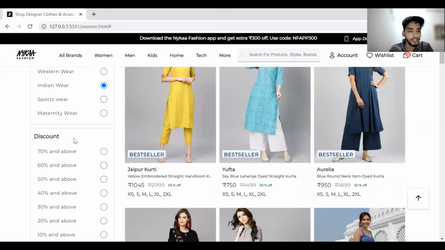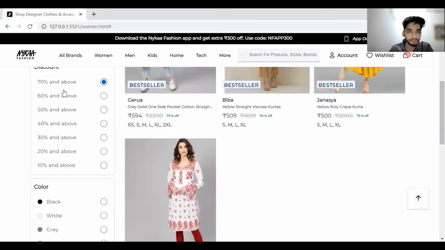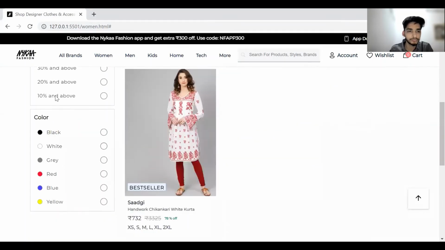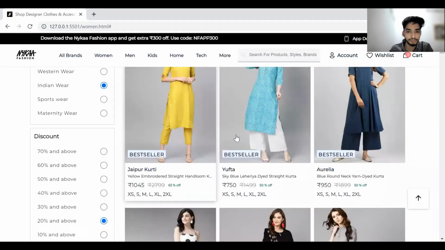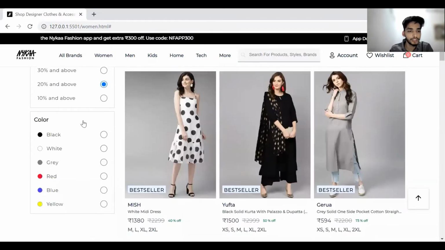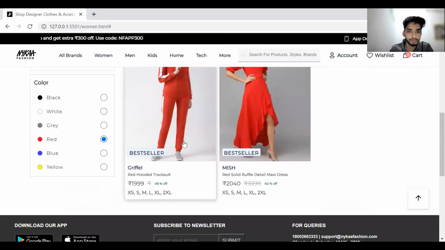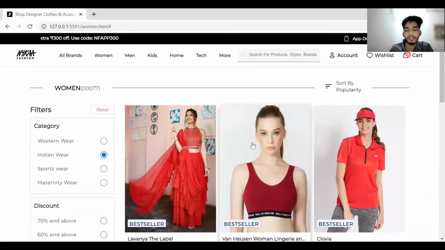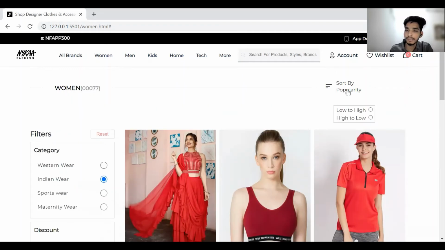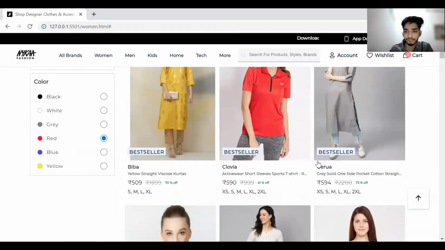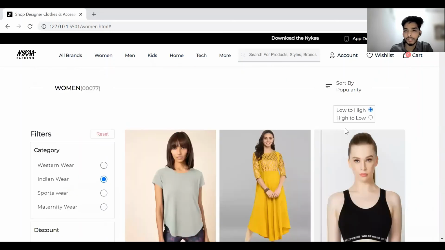We have filter according to discount also. And we have a feature of filter according to its color. And we have also feature of the sort the product according to its price, low to high, and high to low.